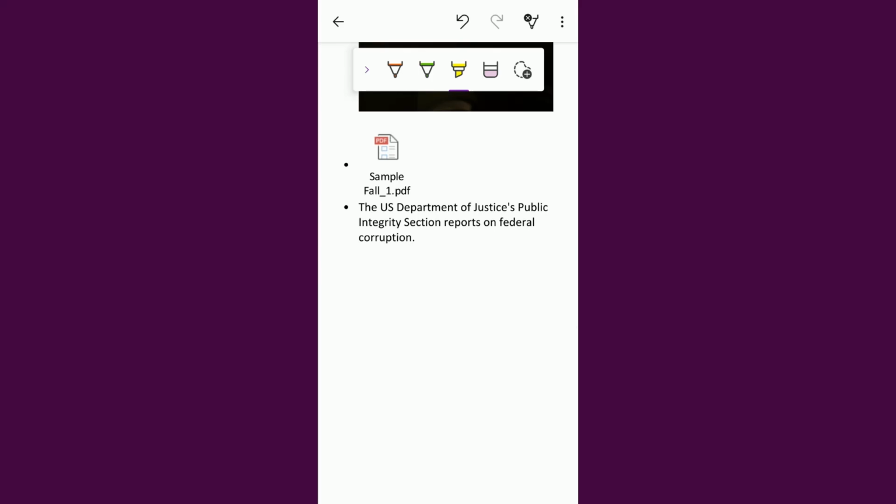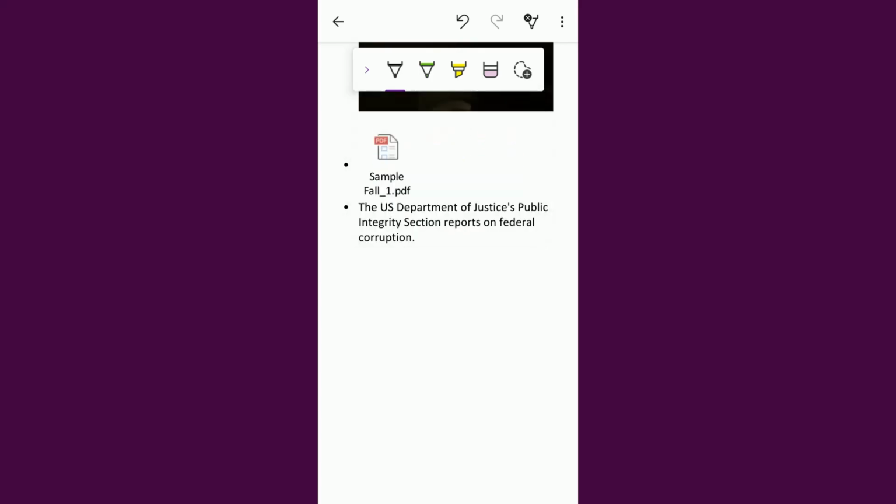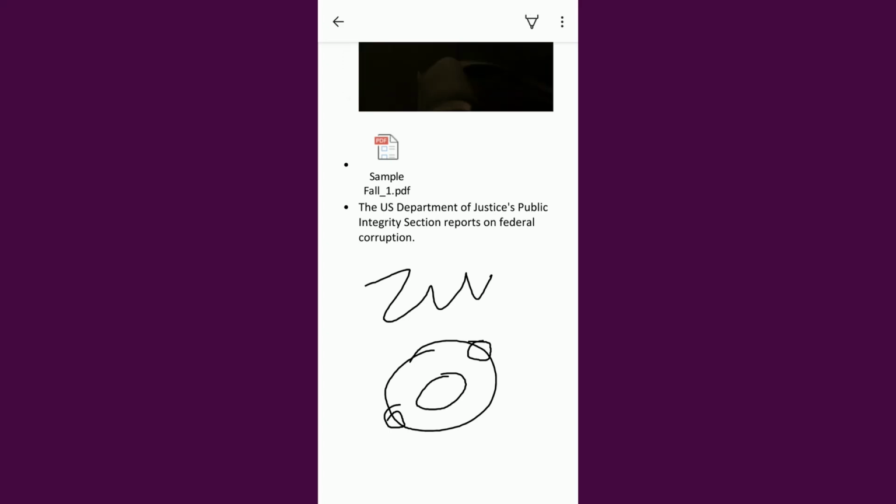I can also draw or write notes. So again, I just tap the little pencil icon at the top, touch on the pen that I want, pick a color and a size, and then I can just draw right in my notes. So if we're learning about molecules, I might have like the nucleus in here, and then might want to draw some electrons on the outside. It just makes it really easy to write your notes and keep them all in one place.